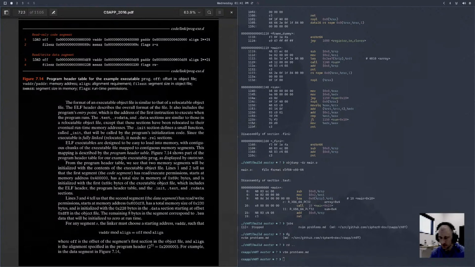Okay. Let me correct that. So vaddr is just a location in the actual memory of the process, mod alignment. Okay, so it doesn't have to be aligned to that boundary. It's just the thing that you do the modulus on, to make sure that it fits in that